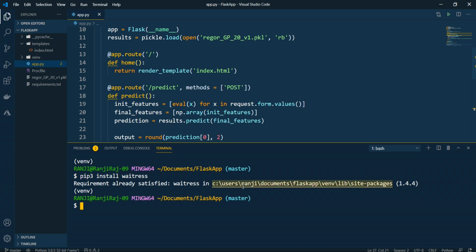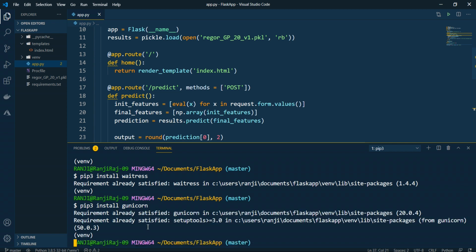Waitress is residing inside this particular site-packages. If you are installing it for the first time, it will install to the location wherever your virtual environment is located. For Gunicorn also you have to do the same thing.